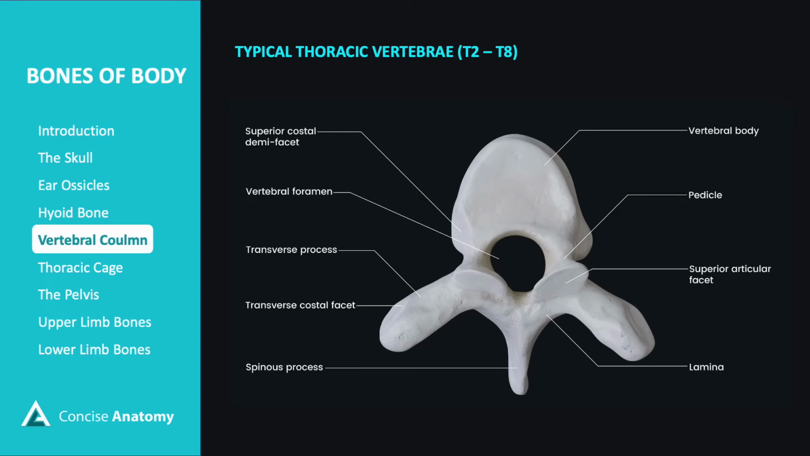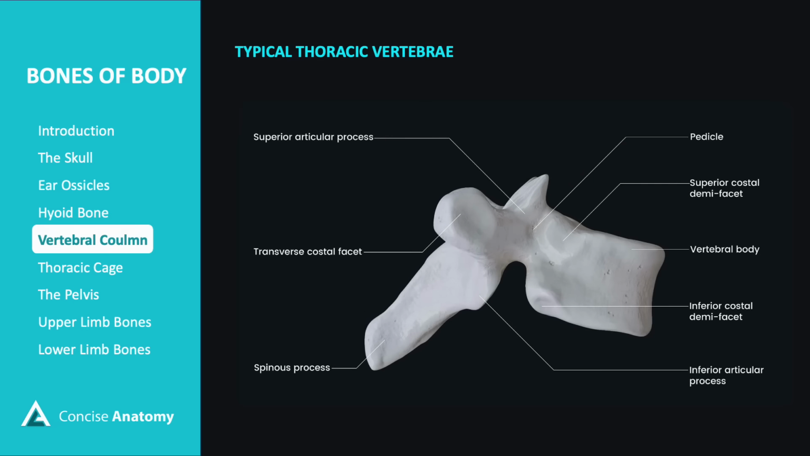T2 to T8, have a heart-shaped body, circular vertebral foramen, long spinous processes that point downward, and costal facets on the sides of the body, and transverse processes for articulation with the ribs. Here is a side view of a typical thoracic vertebra, showing its characteristic long spinous process which